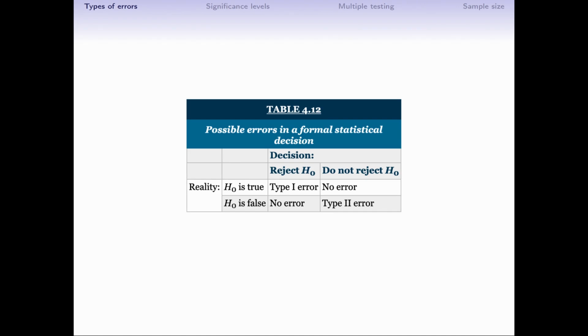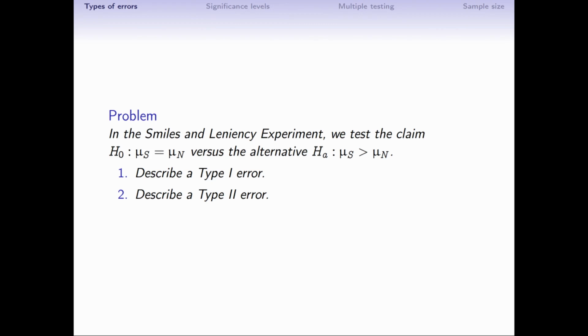Now let's look at type 1 and type 2 errors in the context of a concrete example. So you'll probably remember this experiment. This is the smiles and leniency experiment. Imagine that you've been accused of an academic integrity violation, and you will have to present a dossier to a panel of judges who are going to study your case. Now, included in this dossier is a picture of yourself. And the question is this: will you get a more lenient punishment if you smile rather than present a neutral